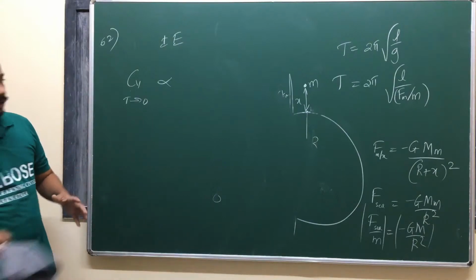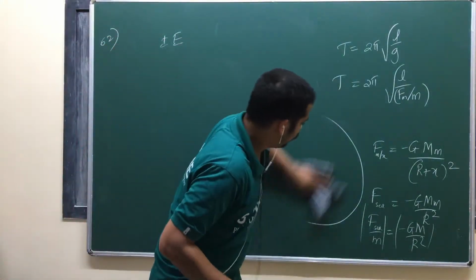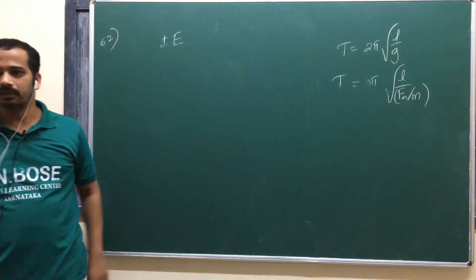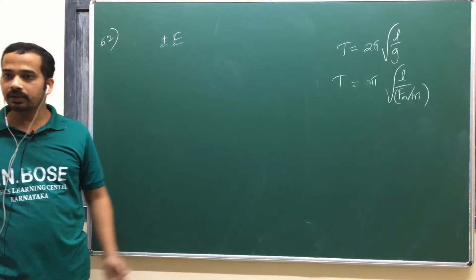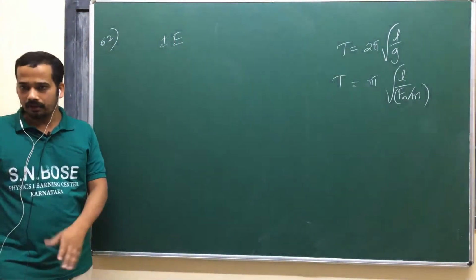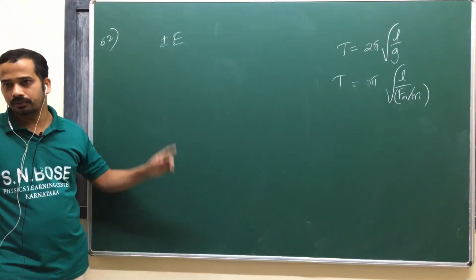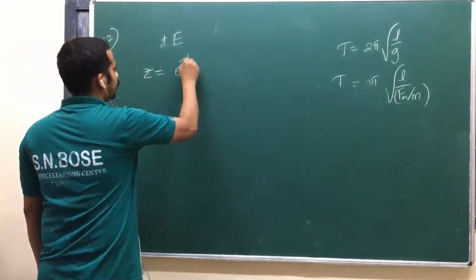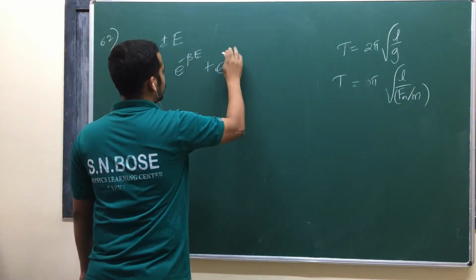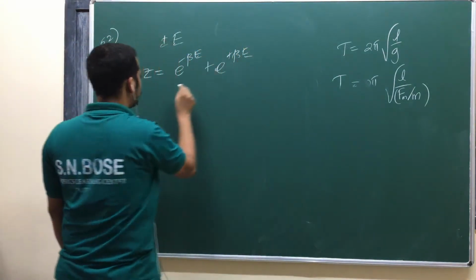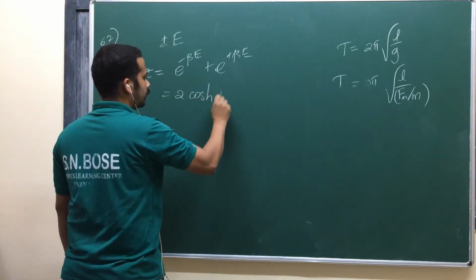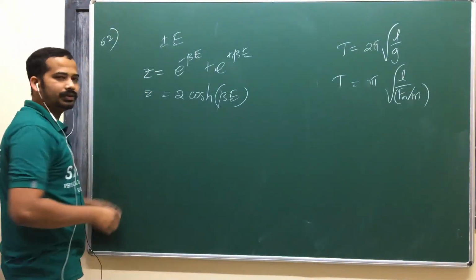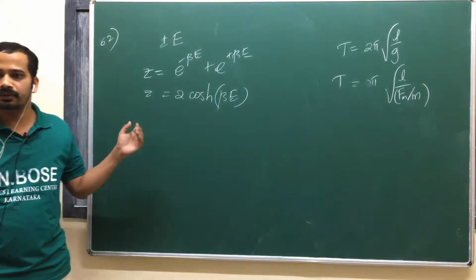So now look at here. While solving this kind of question, you should have practice, because that paramagnetism question was also a two-level question. There are many other questions in Reif, and usually you can find two-level questions in any book. You should quickly write Z is equal to e power minus beta E plus e power plus beta E. You quickly write 2 cosh beta E. We should be very fast in these steps, because these are usual questions that we should not miss anytime.